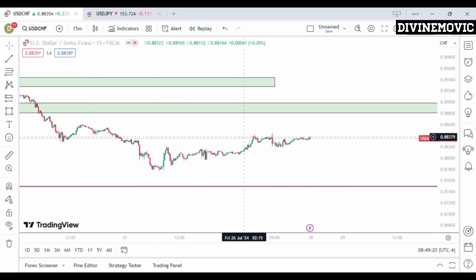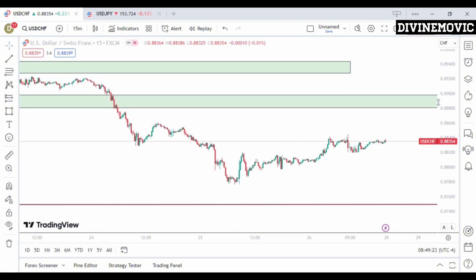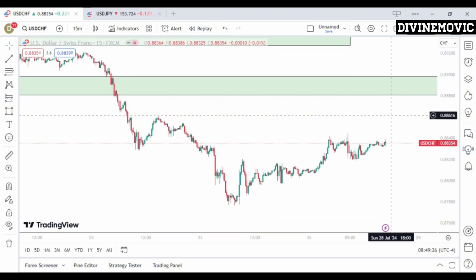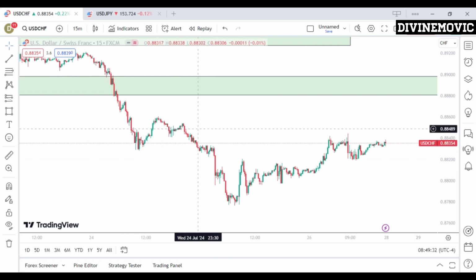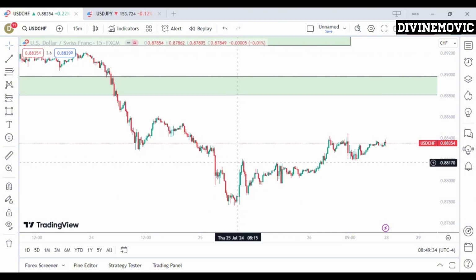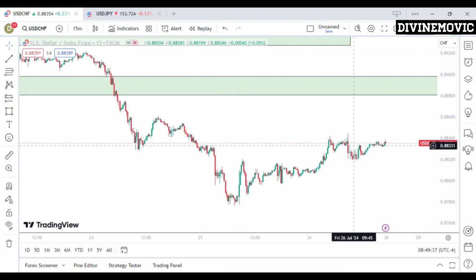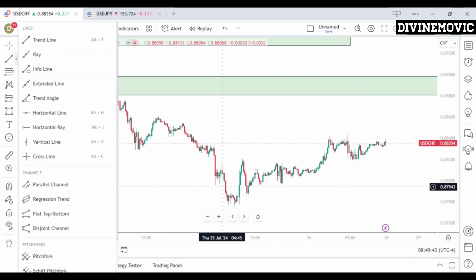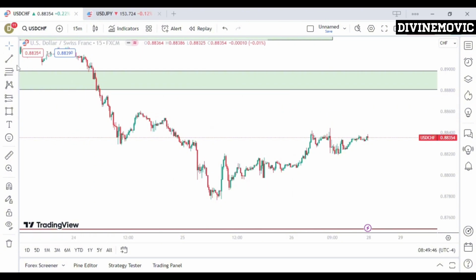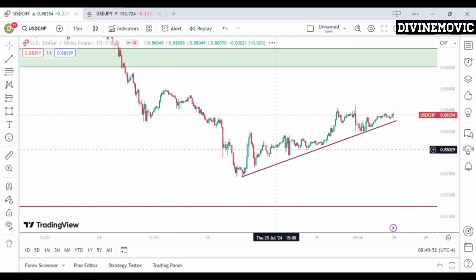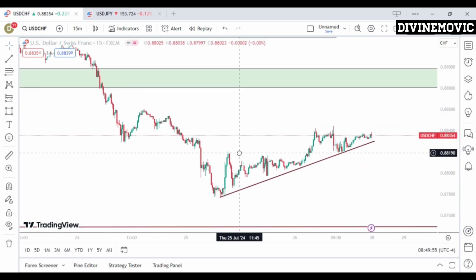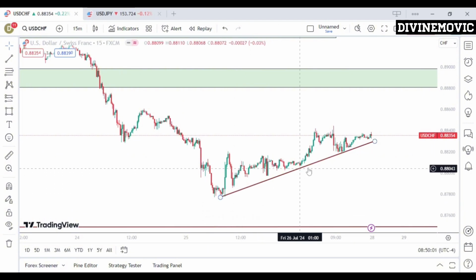Now, what is price doing below this supply zone for us to know if it's going to hold? Mainly looking at this point, we can see that price is simply inducing fake liquidity. That means price is simply inducing the upside liquidity, giving people hope to buy. People are buying at this trend because price is simply giving us a higher high, higher low, higher high, higher low. That means price is inducing people to buy. And now because price is inducing people to buy, people are putting their stop loss at this point here. So this trend is basically acting as what? Liquidity, or trader liquidity, whatever you call it. People are putting their stop losses at this point, stop losses, stop losses, and people are buying